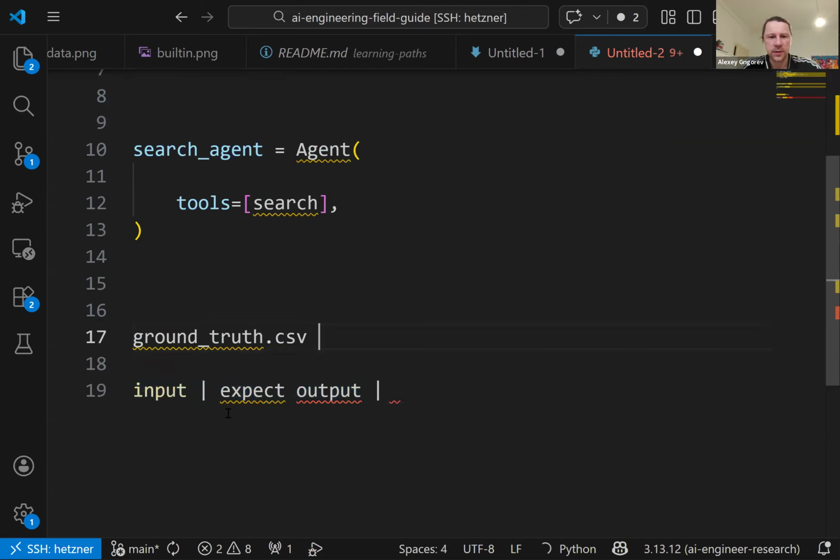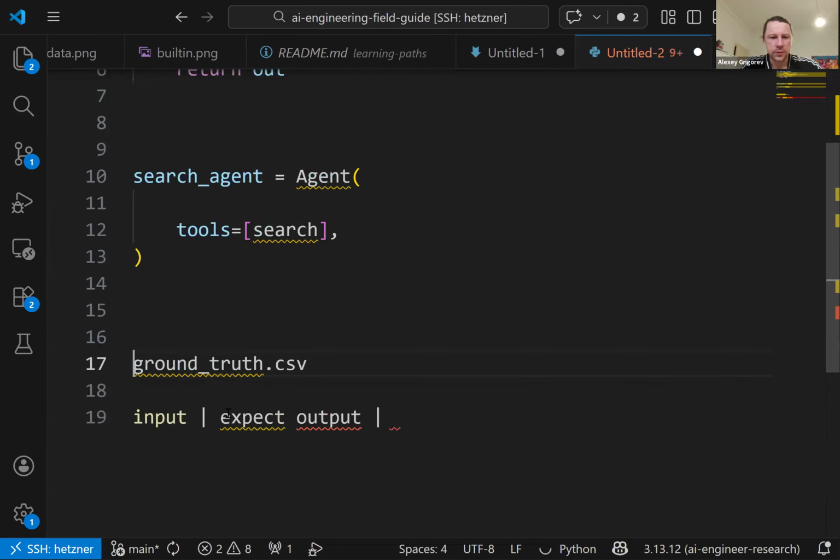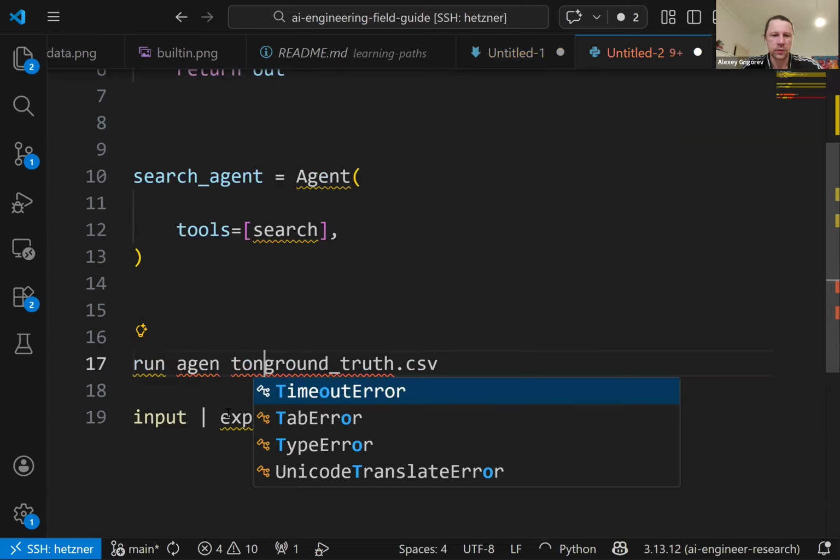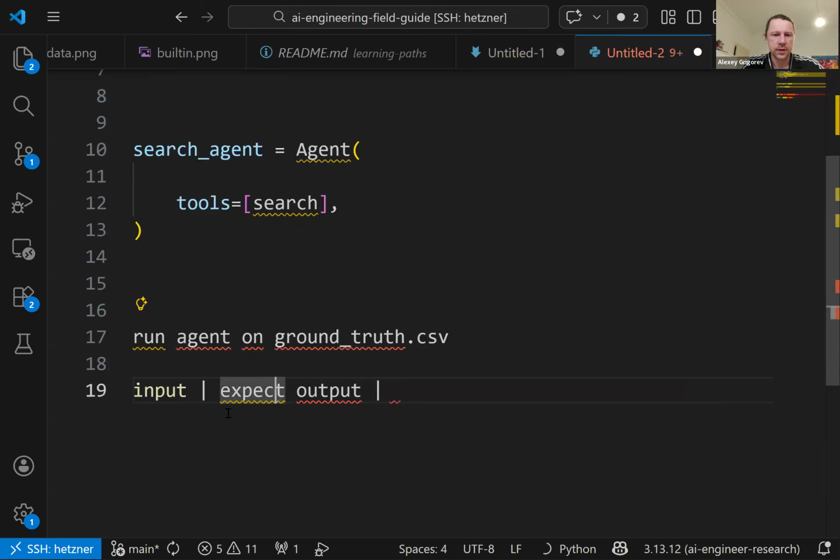Then you take your agent and you run your agent on this. And then you have input, expected output, and actual output, right? This is the output that is generated by the agent. And now what you can do is compare the expected output with the actual output.